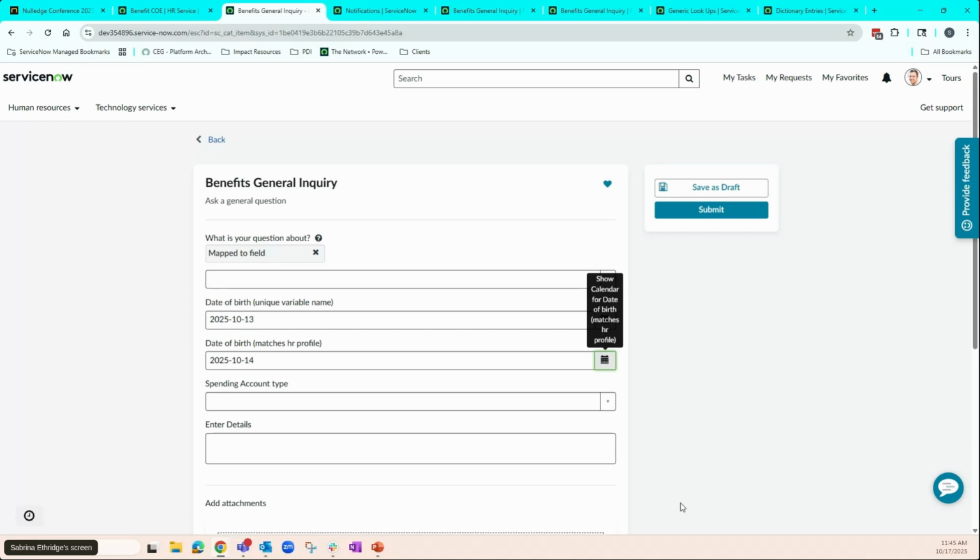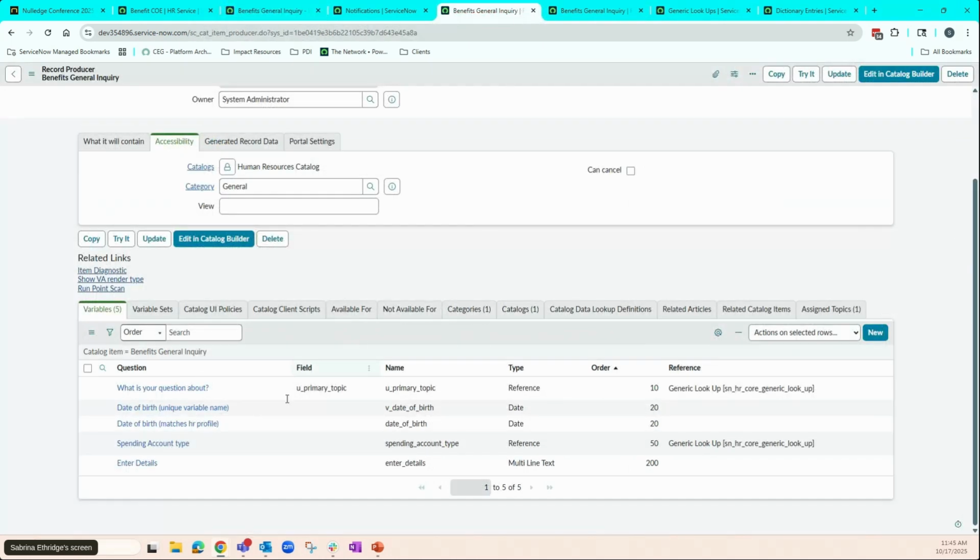So when you bring up the case record, you'll see the questions and answers from the variables. But you can see I have one date of birth field that has a unique variable name. If I go back to my record producer, unique variable name V, date of birth, and this one down here, it matches this name. Even though it doesn't map to a field on the case, this value is actually a field on the HR profile record. So when I submit this,